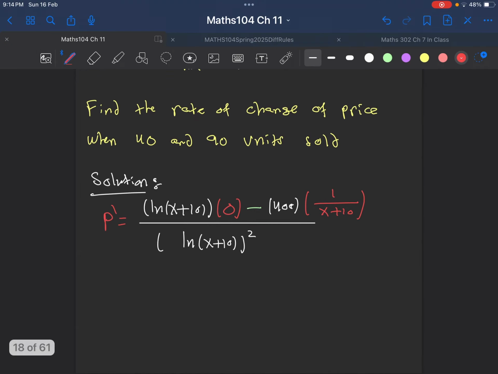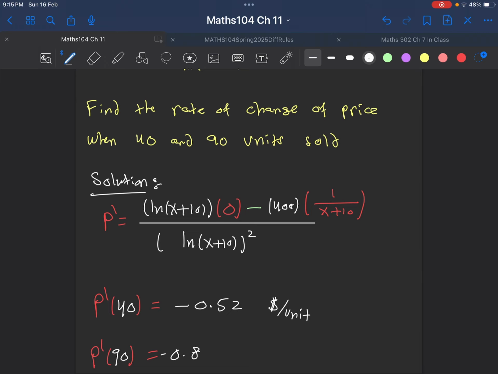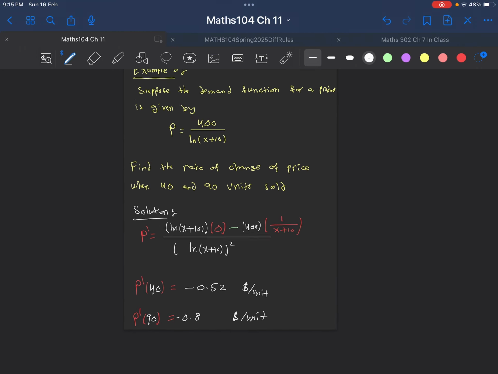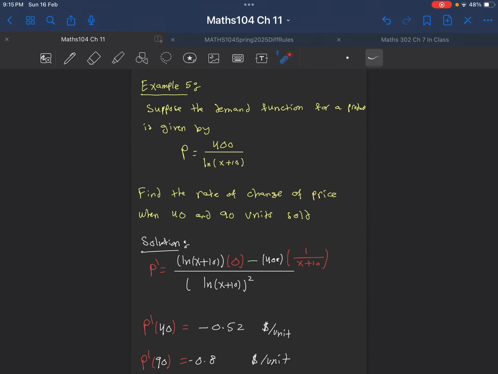Of course, you don't need to simplify this one. All you need to do is just substitute the numbers given to you. If you substitute 40, this will be 0.52. Of course, this will be dollar per unit. Now, if we substitute 90, this would be negative 0.8 dollar per unit. So approximately, those are the answers. So all we want to say is how to find the derivative of